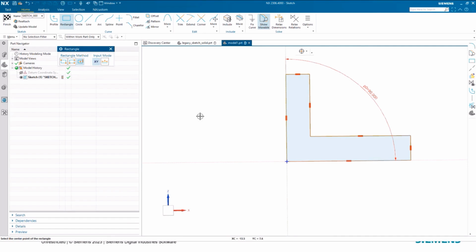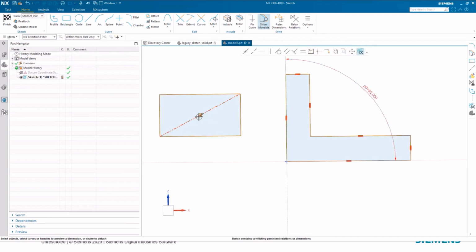So let me go ahead and select a center point. And if you're familiar with this, the interaction really hasn't changed much. You still have to define your primary length, and you can go either way, right or left. And then once you select that length, you've got the height to define. So that hasn't changed, but once you click that final point there, here's where you get your center point and